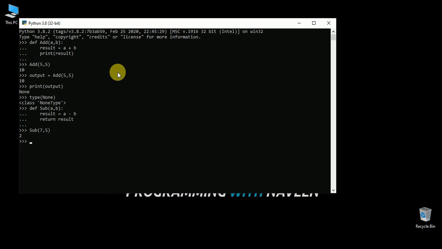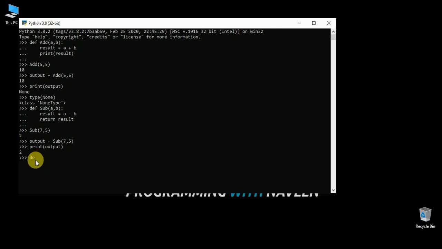Then what you can do is say output equal to sub of 7 comma 5, and now see, it's storing that output in the variable called output. Let's see what is in the output. You will get 2. So this is a fruitful function: the variable in which you are storing the output of this function can be used somewhere else. You can also multiply this, or do anything like this.